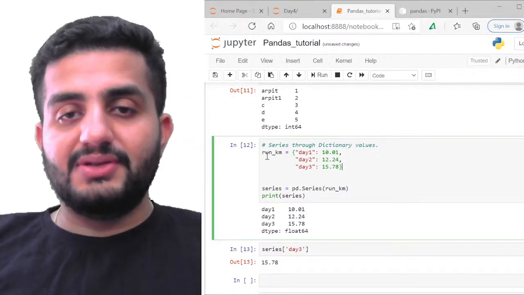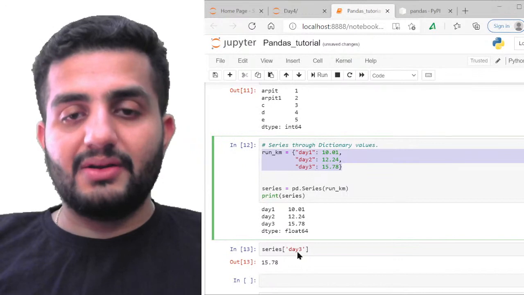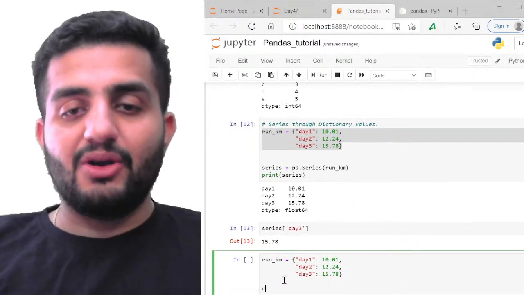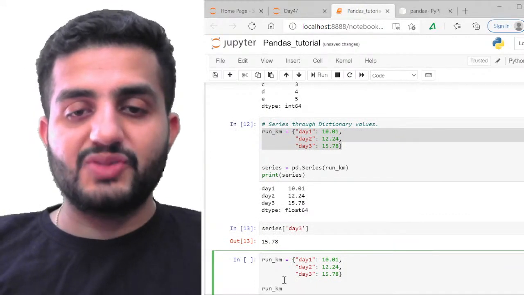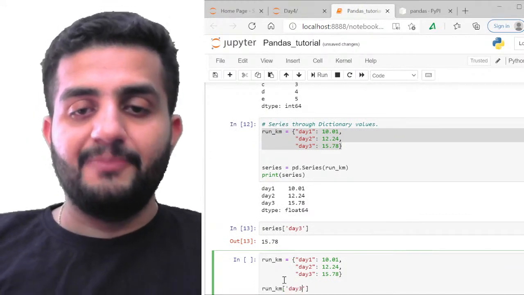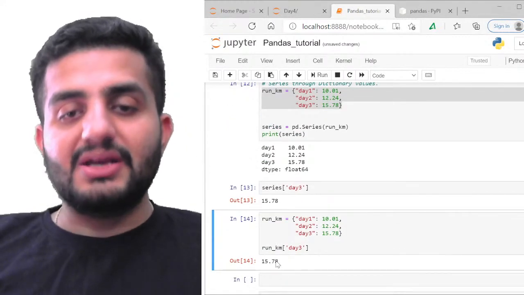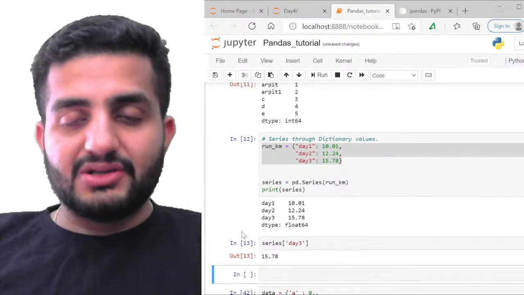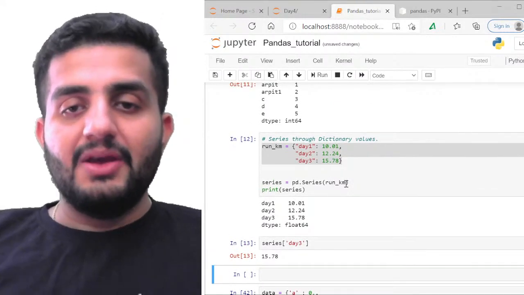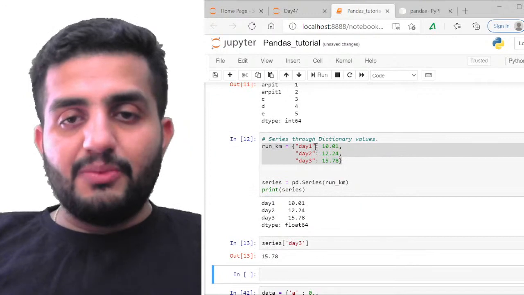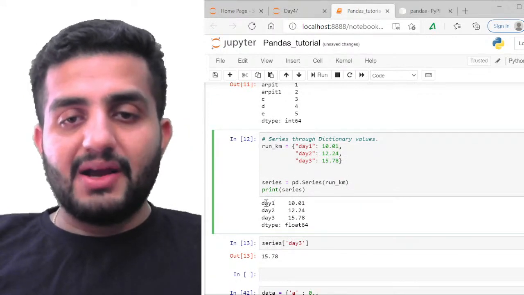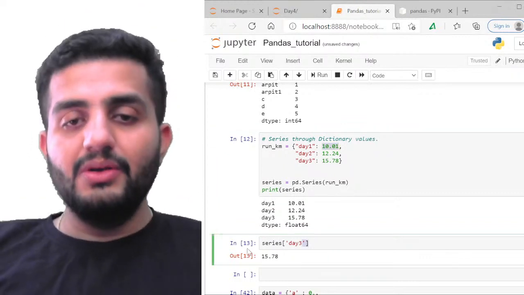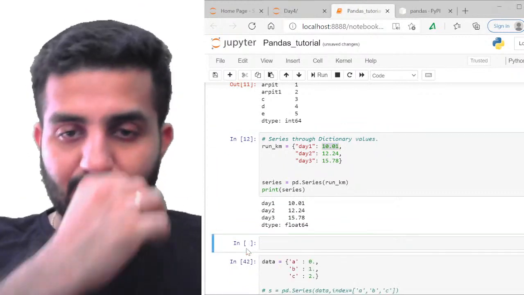So if we use this run kilometer, inside this run kilometer, just run this also. If you have to access the third day kilometer, what do you have to do? We give the key, right? The key will be day 3. So you'll be getting the same data. So this is how it is. Exactly what generally happens is, if you pass a dictionary as my series element data, by default the keys will be identified as my indexes and the values as my data points. Cool. So that's how you can also do this.